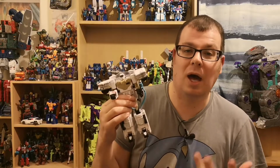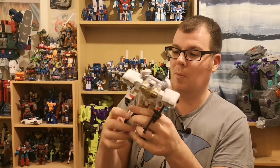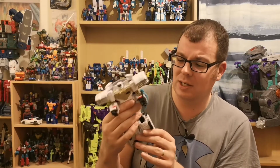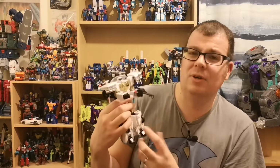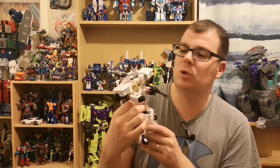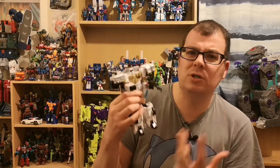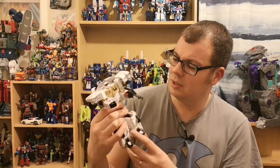Finally, time to look at Ectotron, and I absolutely love this robot mode. First of all, the weight on this figure is pretty solid. Nice weighty feel to him. You can definitely tell he's using the Combiner Wars, Hotspot, Onslaught, whatever mould that they used for that line, but I would definitely say he's had a lot of engineering done to him, a lot of retooling, definitely a lot